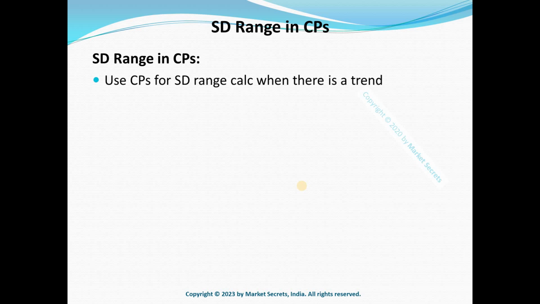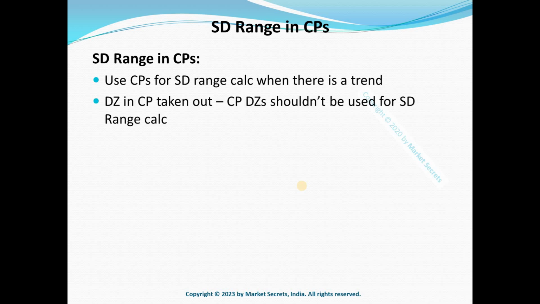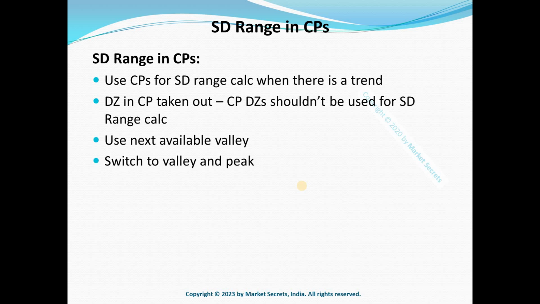Continuation patterns are only used to calculate SD range when there is a trade imbalance and it is being respected as well. Once the demand zone in CP has been taken out, we are not allowed to use the CP demand zones as part of SD range calculation. And once a CP demand zone is taken out, we must lean on the next available valley, and we need to immediately switch to valleys and peaks for SD